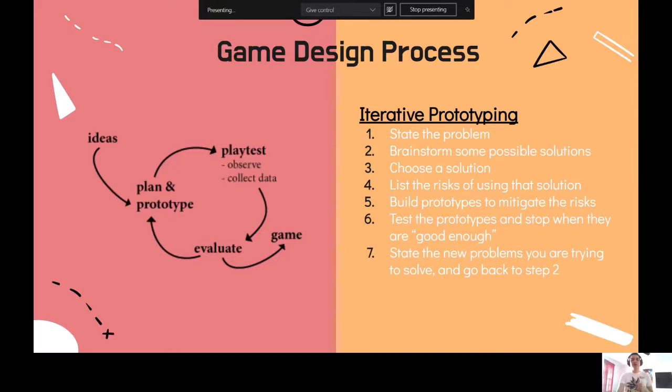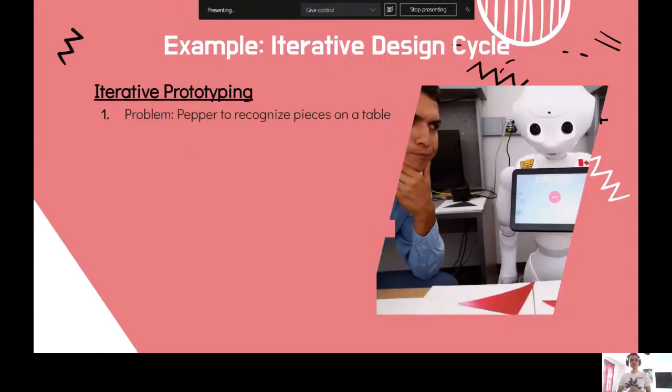And at the end, you come back to the laboratory stating a new problem that has been arising while people were interacting with the system. In the same example of using Pepper to moderate the gameplay while players were playing Tangram, which is a puzzle solving game, I'm going to show you here one of the cycles that we went through when designing this game. So the problem that we identified, for instance, is we wanted